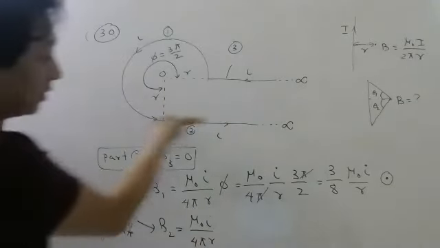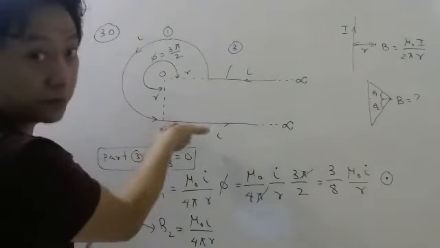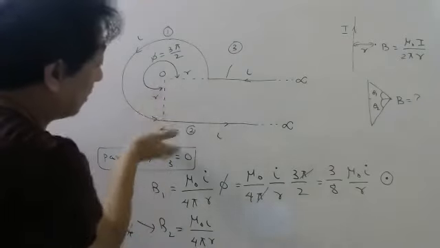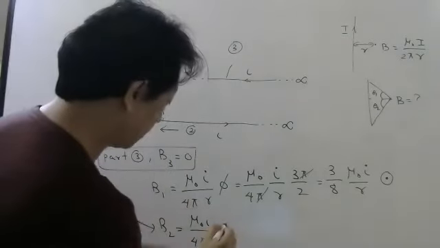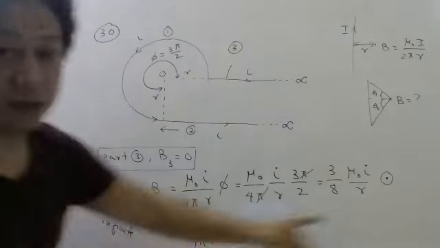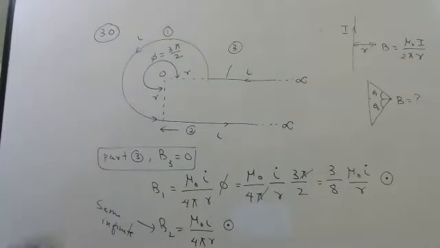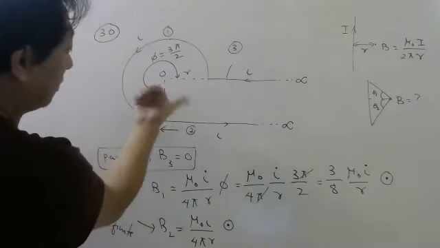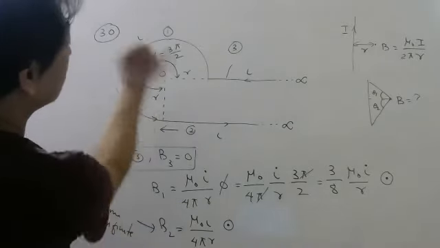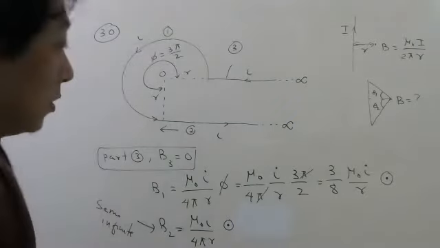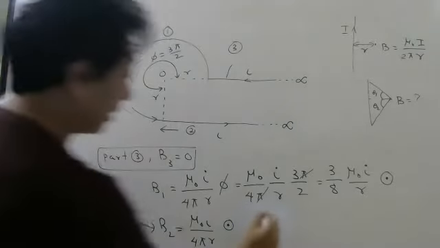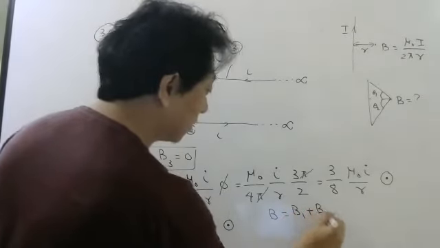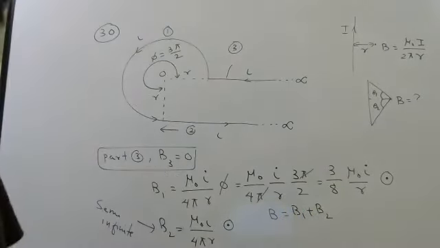Direction will be, this current is going here. So here it will be inside, but here I want it to be outside. So both are outside. So this time both the magnetic fields are outside. Again, you see, thumb you put this way, magnetic field will be like this. So here it will be outside. So we have to add. So total magnetic field will be B1 plus B2, because both are in the same direction, outwards.